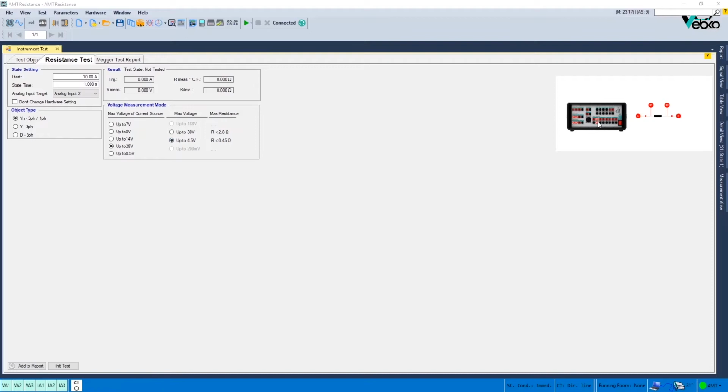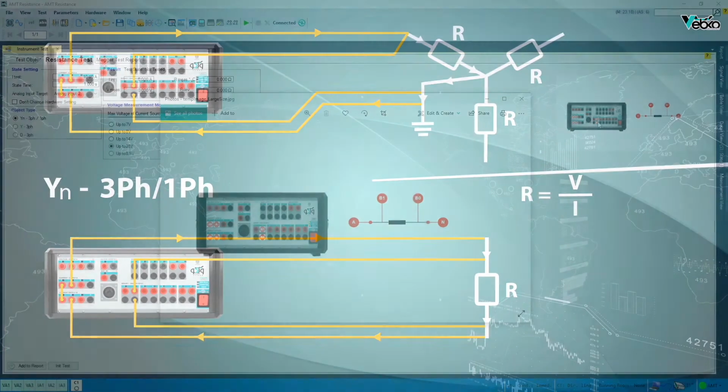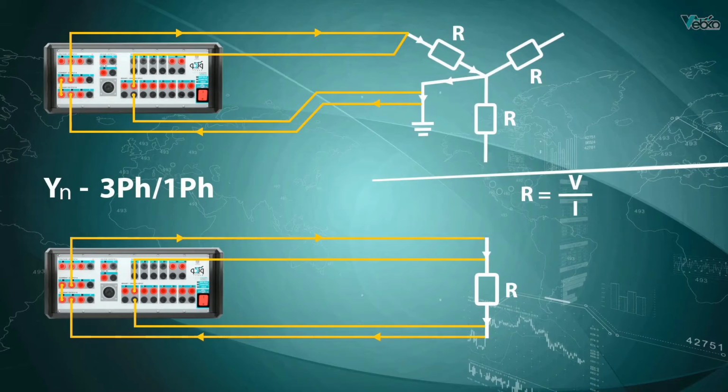It should be noted that it is possible to magnify the figure by double-clicking on it. In this wiring, IA1 and IB1 current output phases are jumpered and IA2 and IB2 phases are directly connected to the equipment. To measure the voltage difference, it is necessary to connect input 2 to the test and further ahead